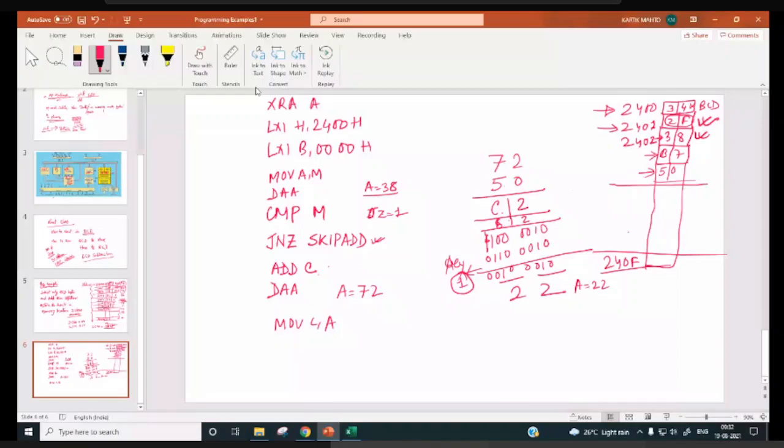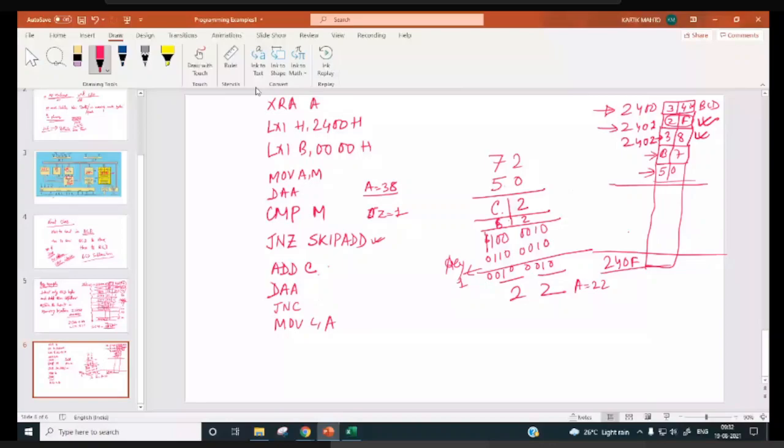After moving accumulator to over here, if the DAA instruction generates carry, then you have to go for this JNC add next byte. Else, you have to do what?